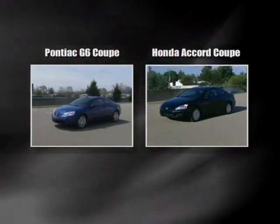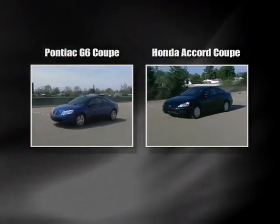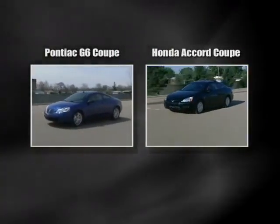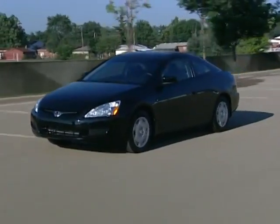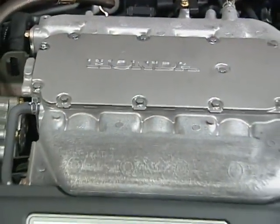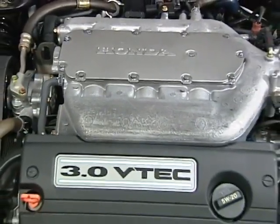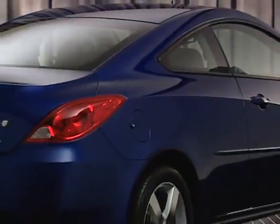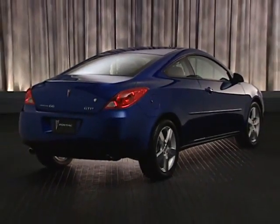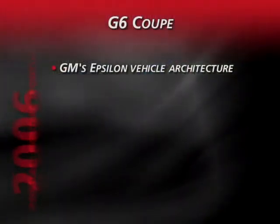No automaker can make it in today's market without delivering a quality vehicle with good reliability and durability. Honda rates well in all those areas, and the Accord Coupe has a suggested engine tune-up interval of 105,000 miles. However, the G6 Coupe is newer than Accord and takes advantage of cutting-edge engineering and technology, including GM's Epsilon body